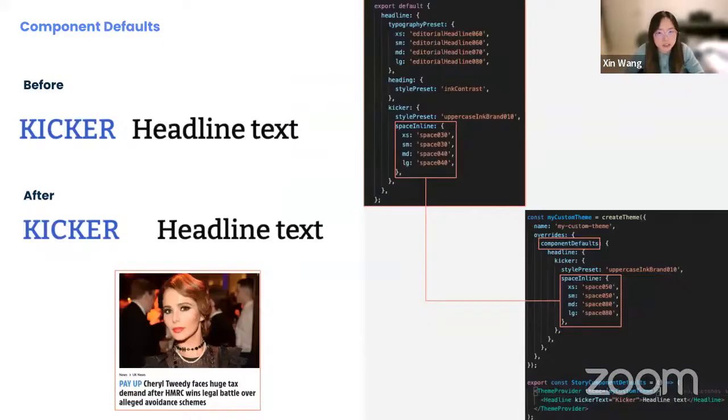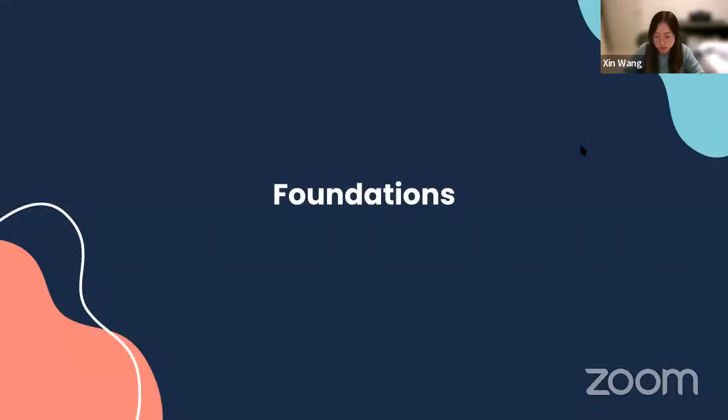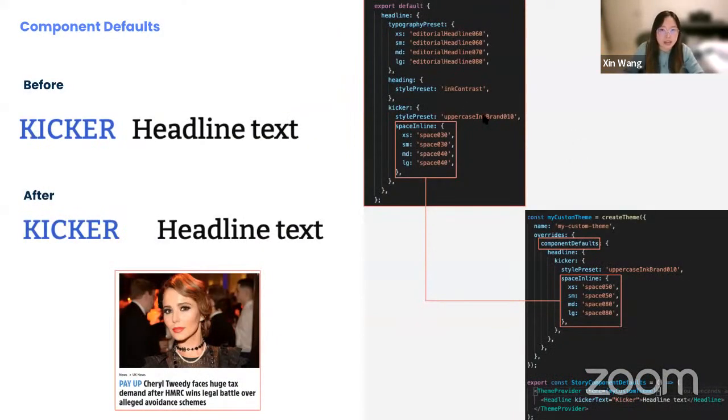As I mentioned earlier, every component in NewsKit comes with a default structure. This default, in this case, is for a headline component, and it has a default specified here. Our headline component is basically made up of a kicker and headline text. For those who don't know what a kicker is, in journalism it's the text used in front of the headline. It's normally capitalized. You can find a lot of them on the Sun website.